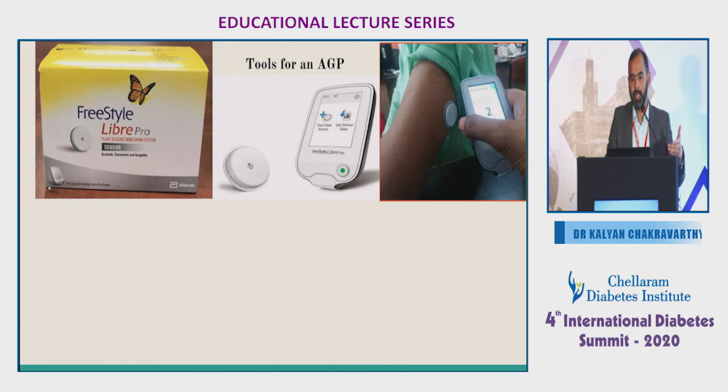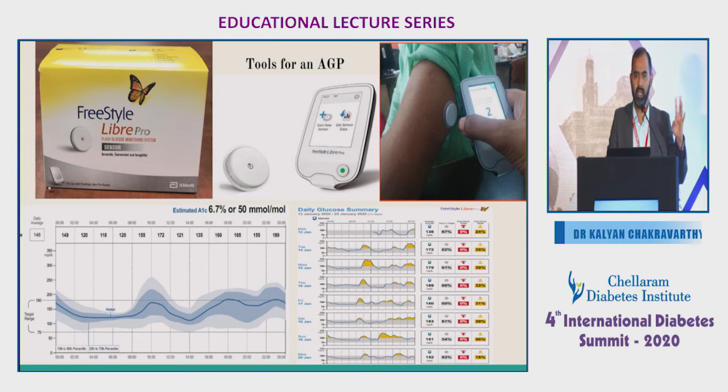So once we activate the reader, we get two graphs. We get 4 or 5 graphs, but 2 graphs that we are actually interested in. One is the AGP, which I'm going to be talking about, and the second is the daily glucose summary that the earlier speaker had alluded to. The daily glucose summary is very attractive and very easy for the patient to understand because yellow is high, red is low, and you have the time in range, which is the gray zone. It's very easy for even a layman to understand. But the AGP is for the healthcare professional to interpret because it involves a lot of glycemic parameters, which I will explain.